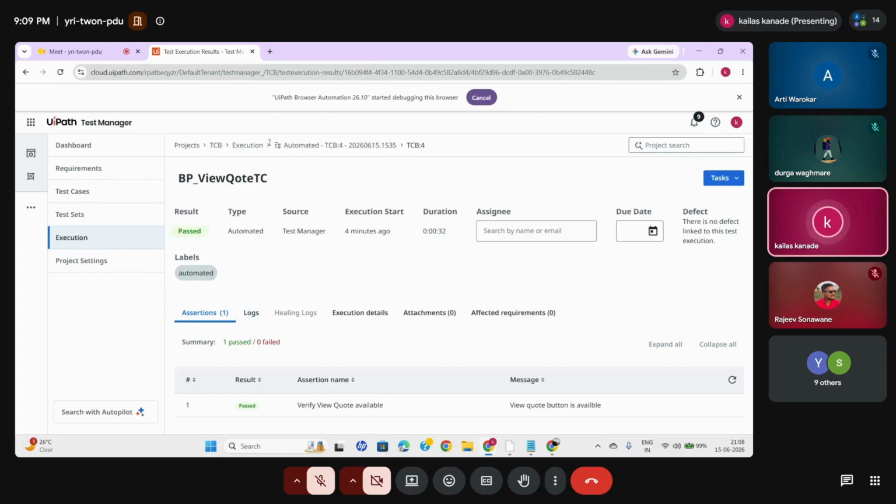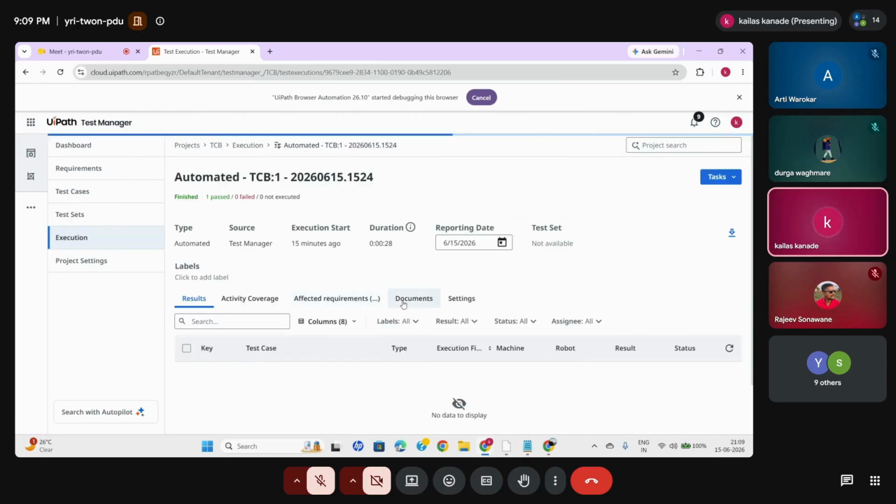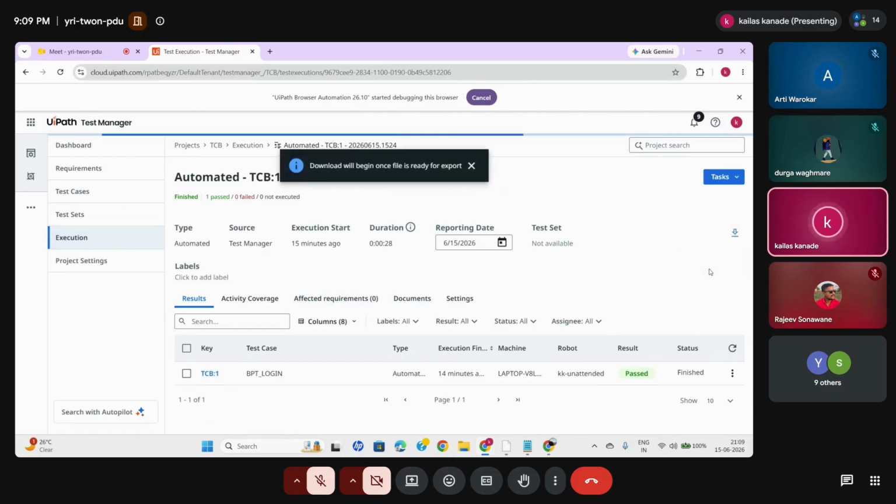So go back, click on execution, select your test case, and then here we have a report. You can directly download either PDF or Excel, and it is automatically generated. So I'm going to download the PDF. Okay, now once ready, it will